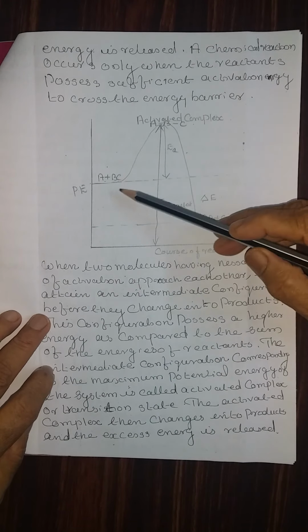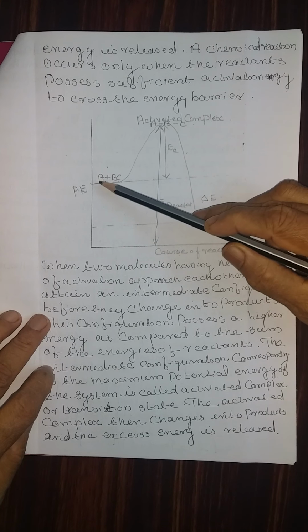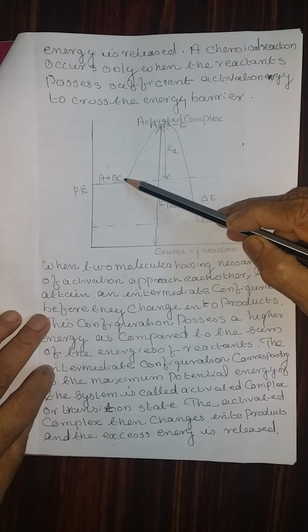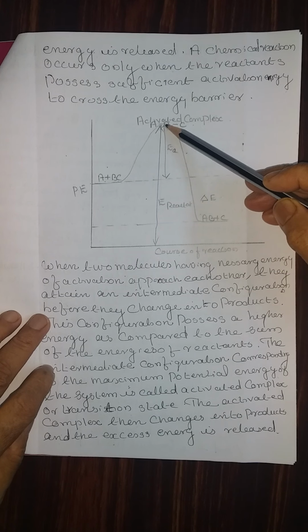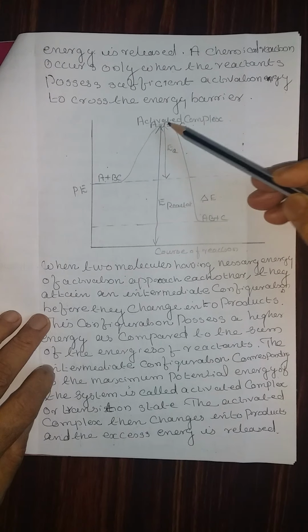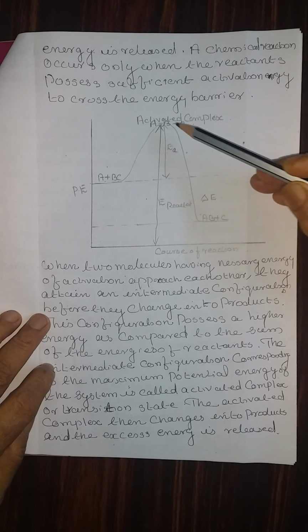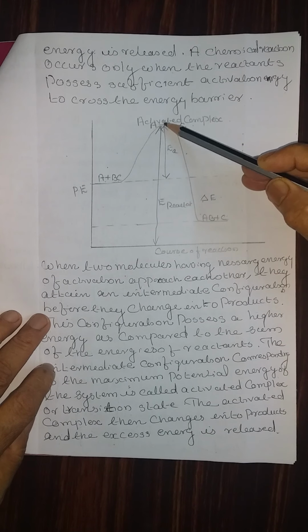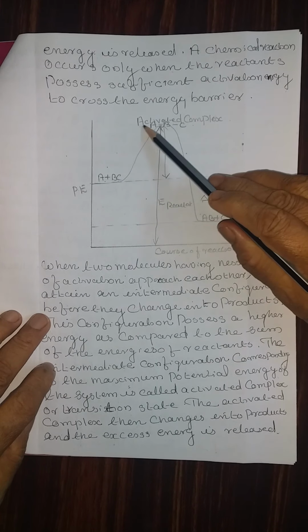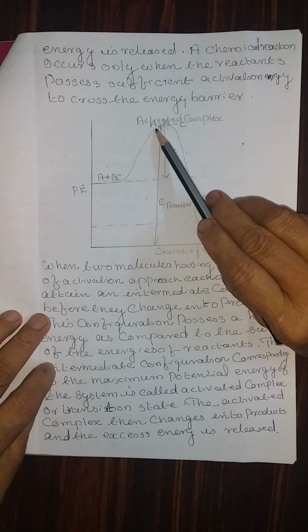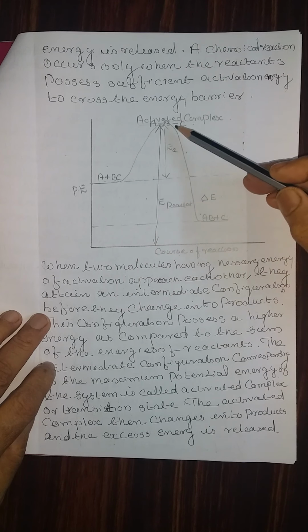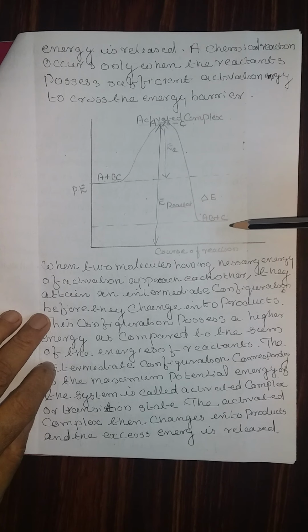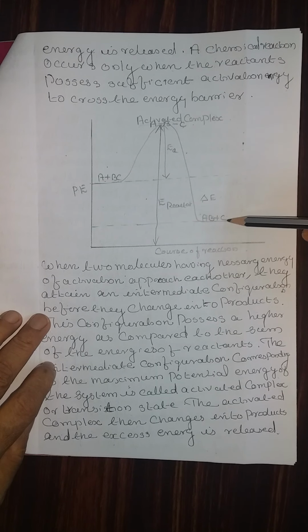product. For example, let us consider the reactants A plus BC. When they acquire the maximum amount of energy so that they can be converted into the product, that is called the threshold energy. At that point, they will form an activated complex of the formula ABC. And after that, it will be converted into the product form AB plus C.